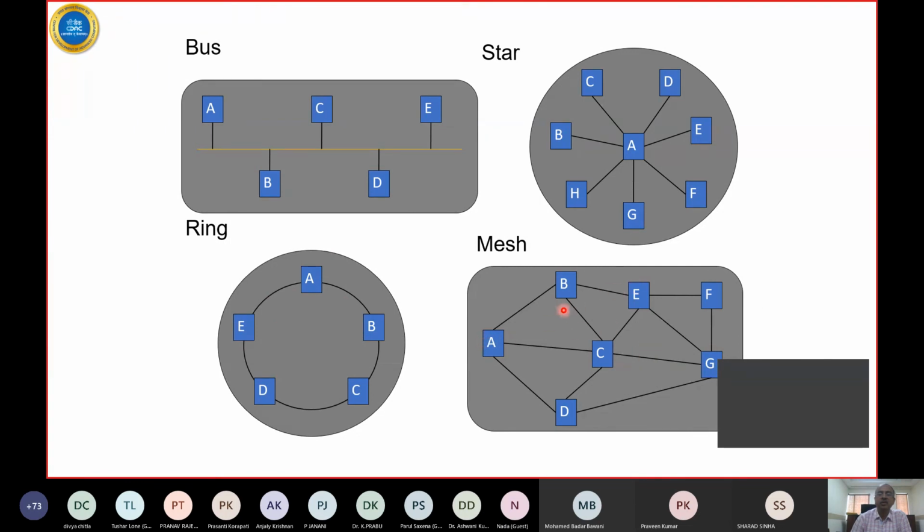Like if you want to reach from A to E, you can go via B or you can go via C. So let's say ACE is the least cost path, the shortest path, but if it fails, let's say the EC link fails, then it can be routed through ABE. So each topology has its advantages and disadvantages when you weigh it on attributes of bandwidth, response time or travel time, and redundancy.